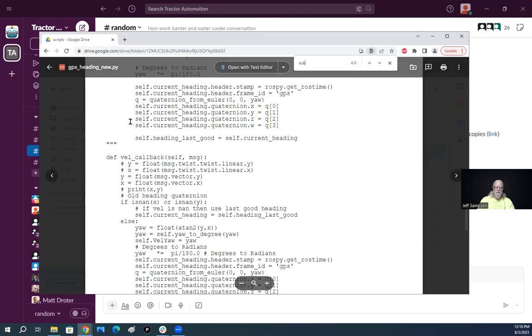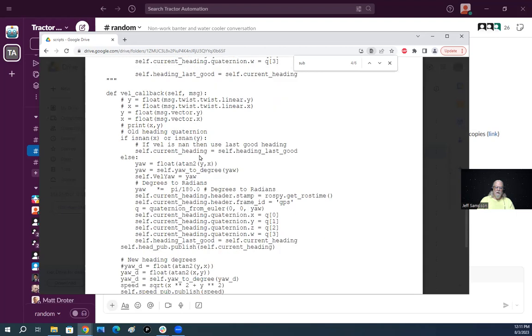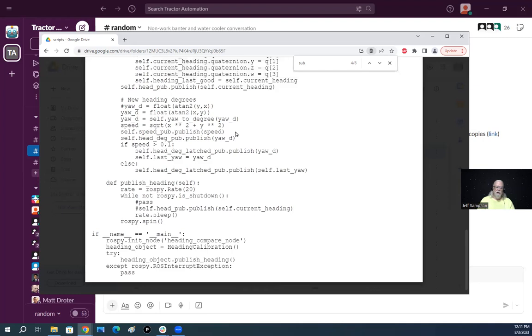And I'd see velocity callback, hold heading quaternion, new heading degrees. Anyway, one of these has that thing where it just says if your velocity is above a certain point, publish it. And if not, just hang on to the last one. And that effectively latches it. So when you come to a stop, it's not bouncing around with all that noise on it. So that's fairly easy to get rid of. It's just that if you happen to pick up noise as it does that, it's going to latch the wrong value in. And you could do something like take an average of the last few and use that as the latched value,